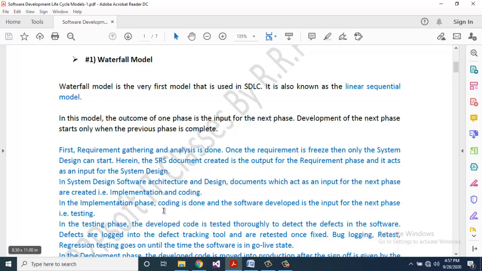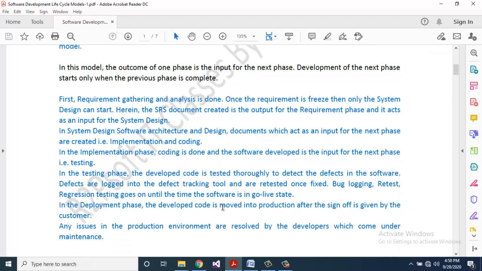In the implementation phase, coding is done and the software developed is the input for the next phase, that is testing. In the testing phase, developed code is tested thoroughly to detect the defects in the software.